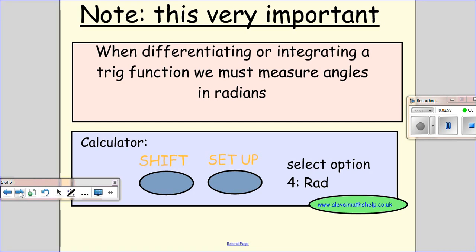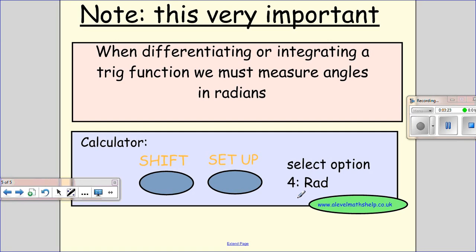Okay, now very important, when differentiating or integrating a trig function, you must measure angles in radians. And to change your calculator, you press the Shift, then the Setup button, and you'll get a little table of options. And on my table, the 4th option is to change to radians. Now you do need to then remember to change back, and I think lots of people struggle in C3